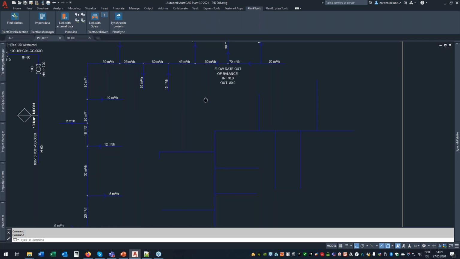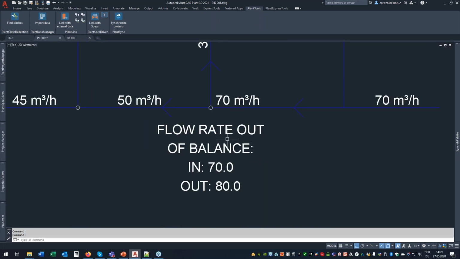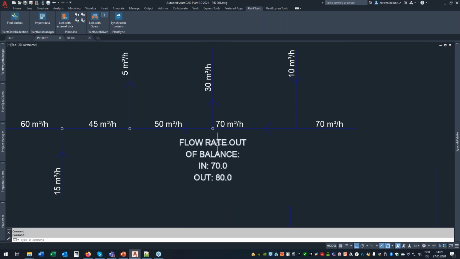And what they wanted to know is if on a branch there is an imbalance. So for example, here you see 70 go in, 30 go out, and 50 go out. So there is an imbalance. You see 70 in, 80 go out, so this is out of balance. And this calculation is done by PlantLink in combination with Plant Express tools. But